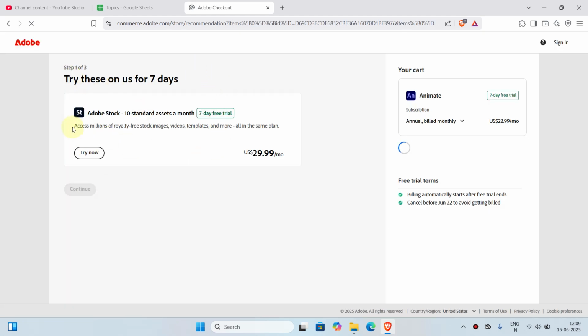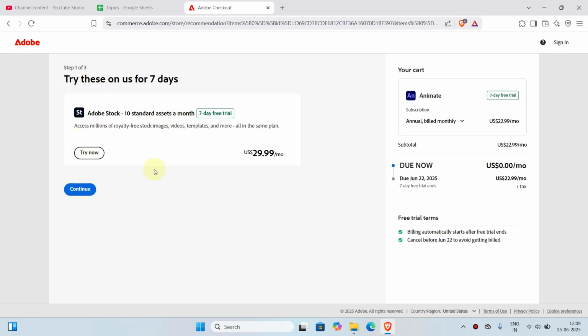And in this page, it will ask you to add some more to the cart to buy. So we'll just skip that, and you can see it's in the cart. You can see the amount due now is $0.00. So that means you won't be charged anything until the 7-day free trial ends. So I'm just gonna click on continue,